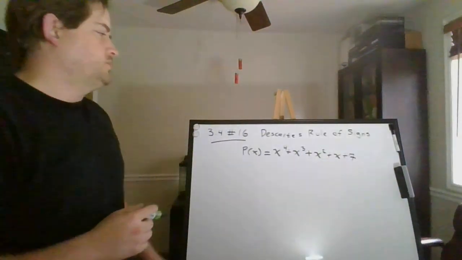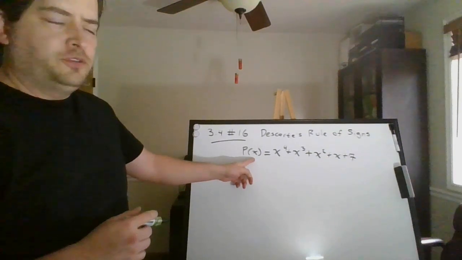Right? So Descartes' rule of signs tells you that if you have the function itself, the number of